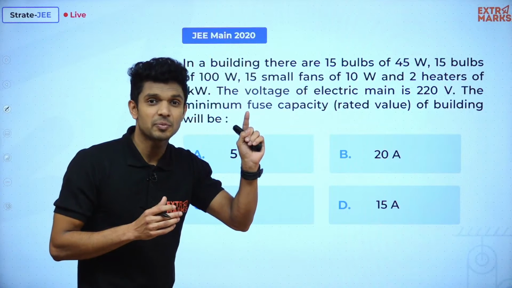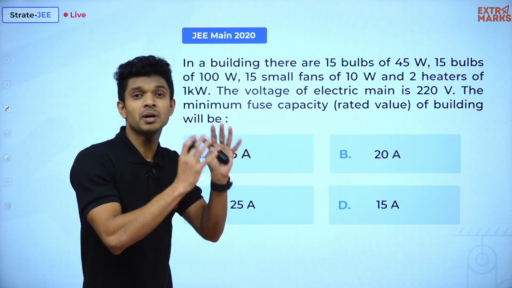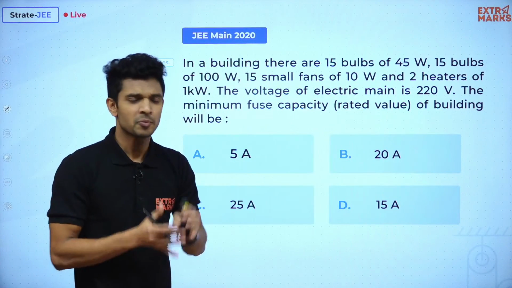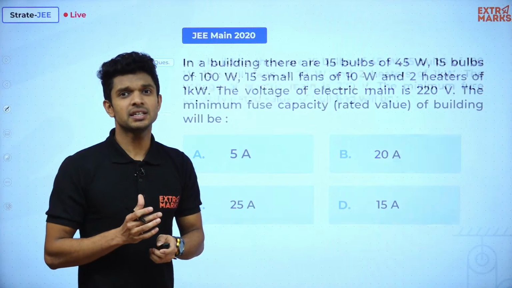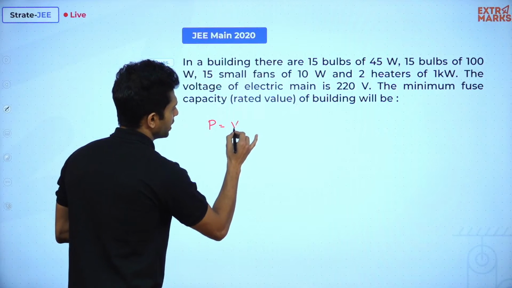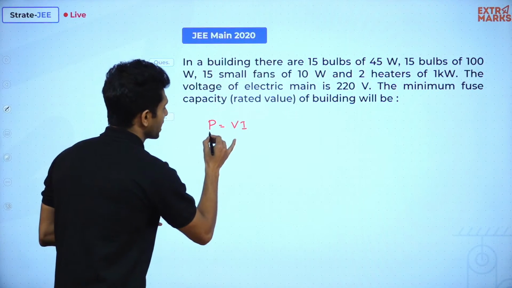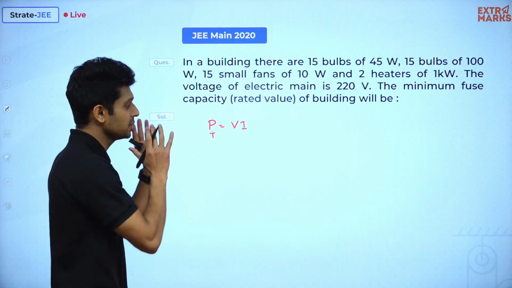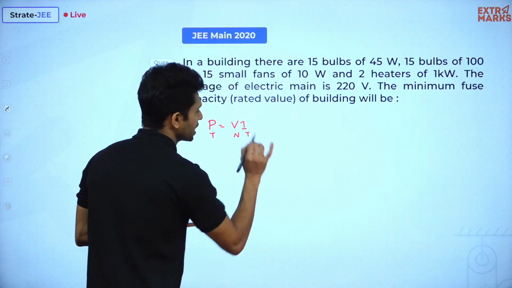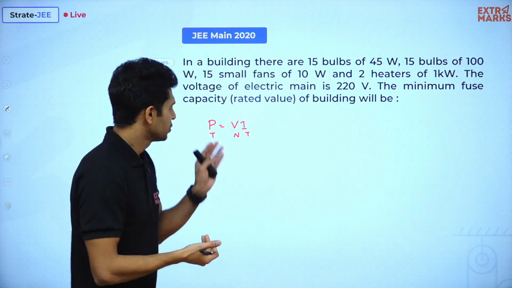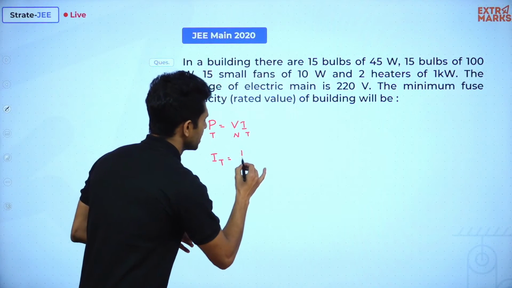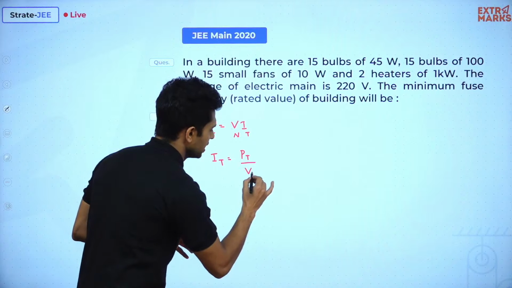And what does it depend upon? It depends upon the minimum current requirement in the circuit according to the devices available. How can we actually find that out? It's very simple. We all know the equation: power is equal to voltage into current. If you are calculating the total power delivered to the entire circuit, that is equal to the net voltage into the total current in the circuit, right? Which means, as the question is to find the total current, we can rearrange it as total power divided by net voltage.